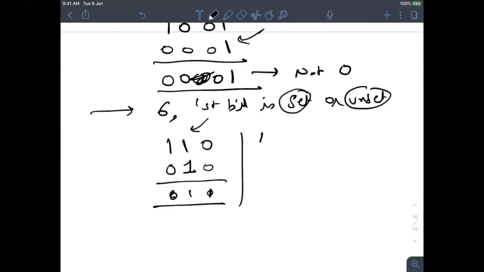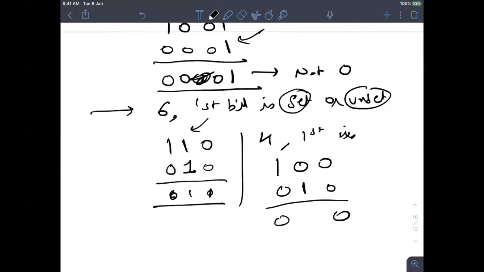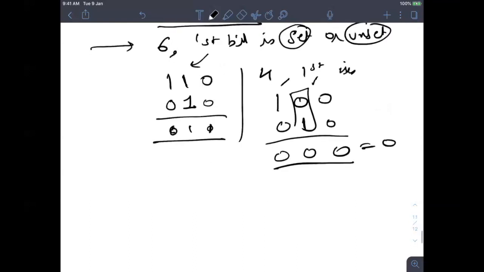I just want to take an example of 0. So let's say the last example is 4. You have to find about the first bit. 4 is 1 0 0. We'll put 1 over here again, 0 everywhere. Now this bit is 0, and because the bit is 0, the result will also become 0. So it is 0. Now what's the pattern?